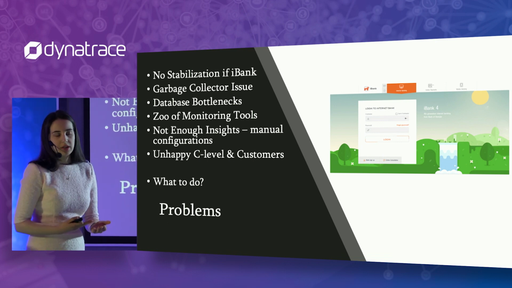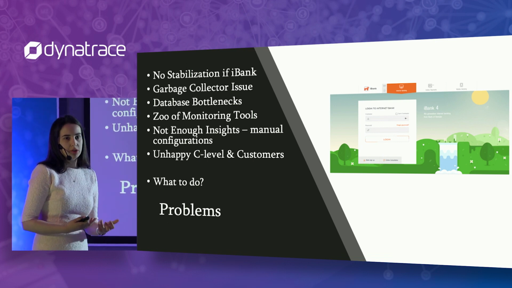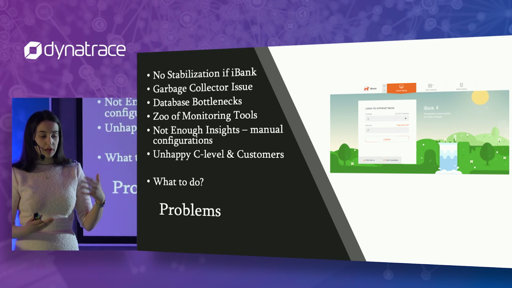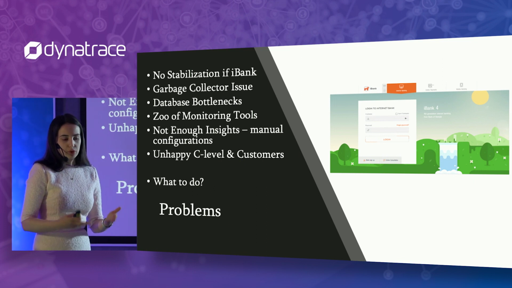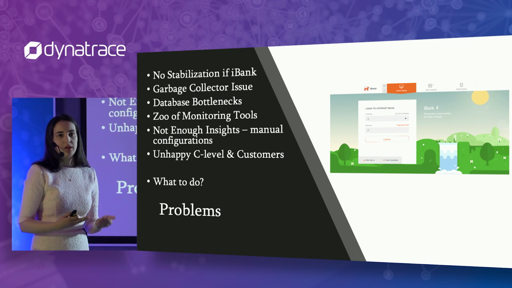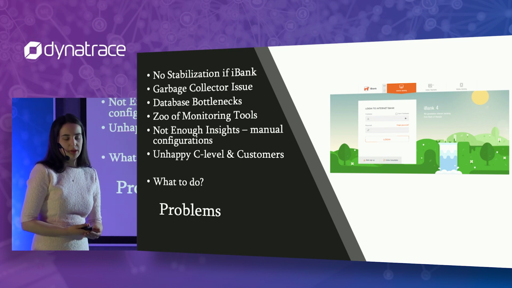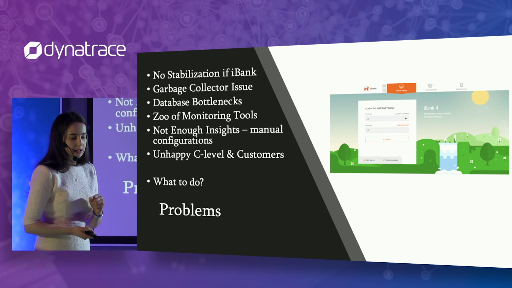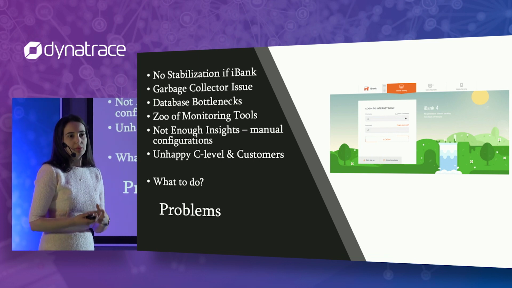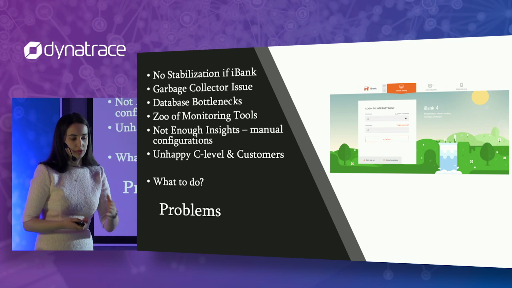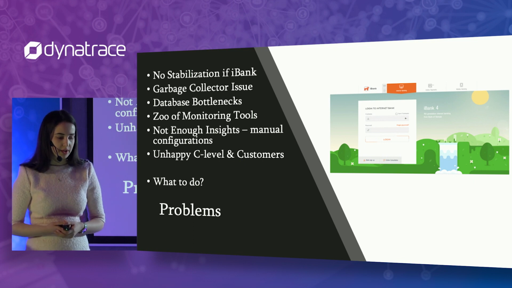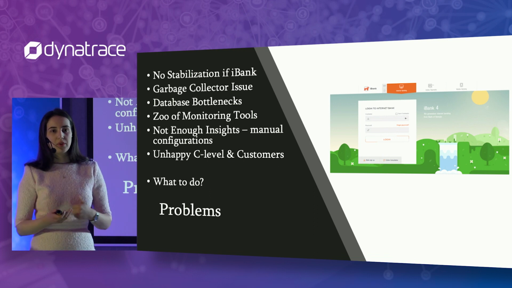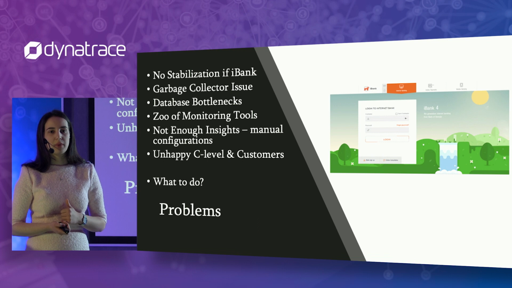And we proposed Dynatrace, and the problem was so critical that they went even without a POC. They purchased Dynatrace, installed it on the production servers, and after a week they found and solved this problem. And also they had some problems with database bottlenecks and garbage collection issues, and they were able to pick the best garbage collector algorithms, for example, with Dynatrace. So with unhappy C-level and unhappy customers, within a couple of weeks, they went to a very stable internet banking and